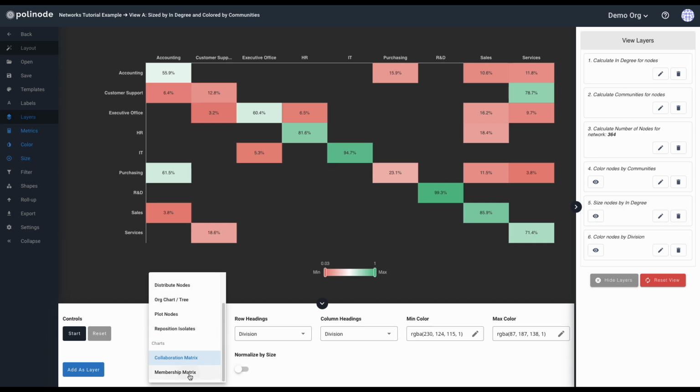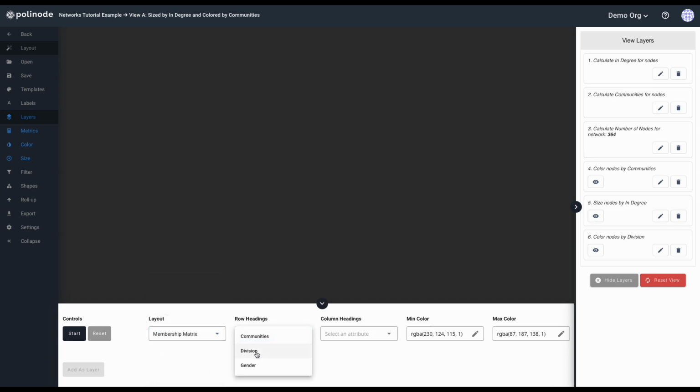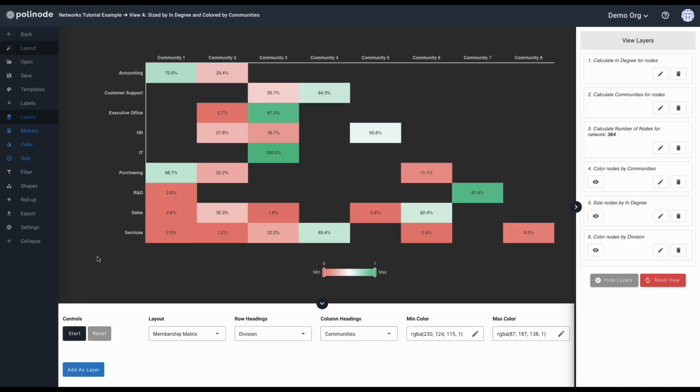And a membership matrix is helpful. So let's do a membership matrix of division versus communities and just hit start. And so now what this is telling us is that if we look at accounting, 70.6% of accounting is in Community 1, that informal grouping of Community 1, and 29.4% of accounting is in Community 2. And we can see that all of IT is in Community 3. So it helps us look at this formal grouping of division or team versus the informal community structure, very easily